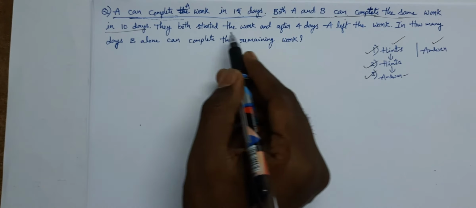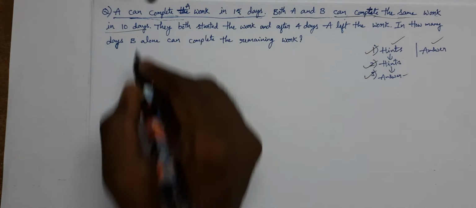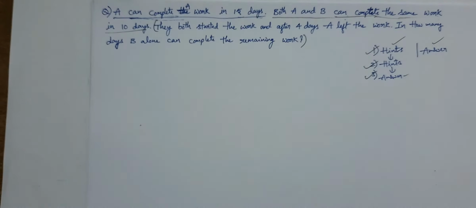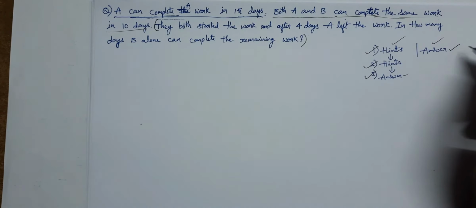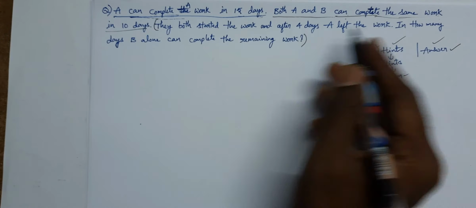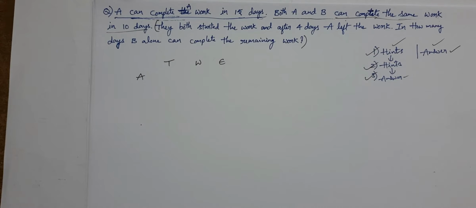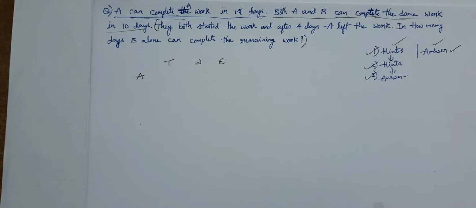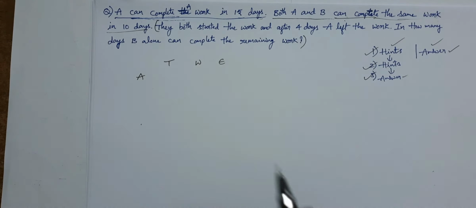From here, they both started the work, so they have already been involved in the work. So from here to here, this sentence is demanding an answer from me. I have completed the first step. I have divided the sentences into two types. Now, second step: I am filling the box, in which I have to fill time, work and efficiency.